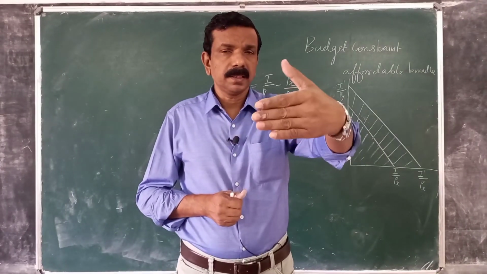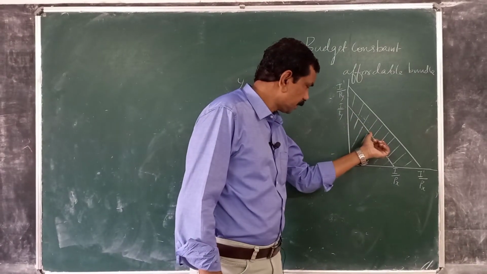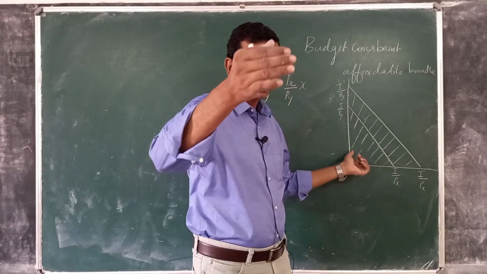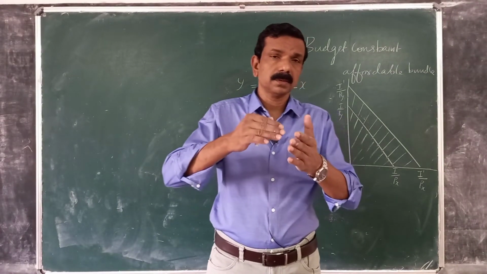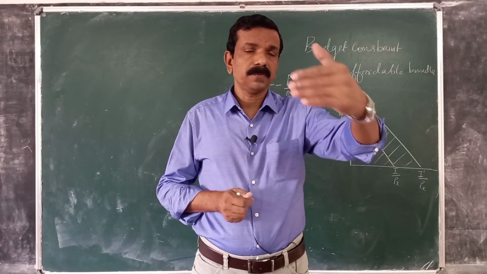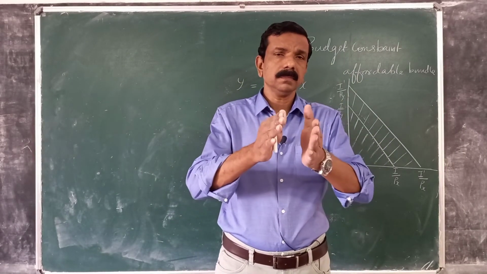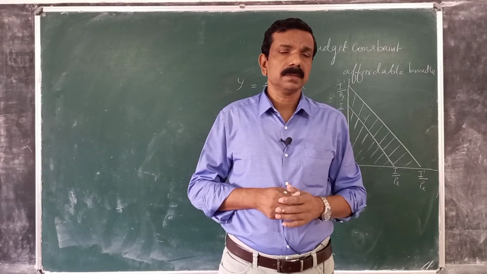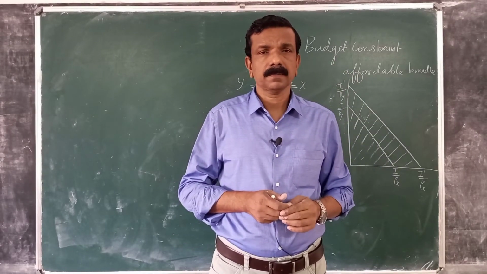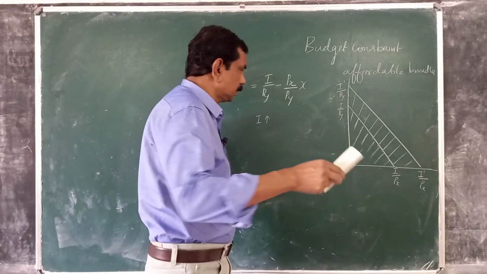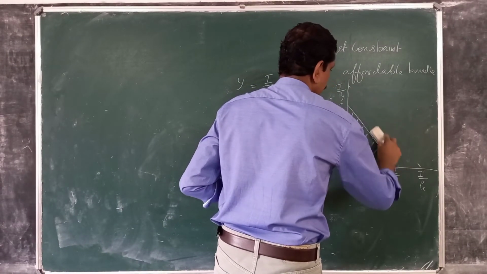If there is a reduction in the income, then the budget line shifts towards the origin, that is, an inward shift. So a change in income is shown as an outward or inward shift of the budget line. Over time, the income of the consumer will increase. It causes an outward or inward shift in the budget line. Now, what about change in prices?